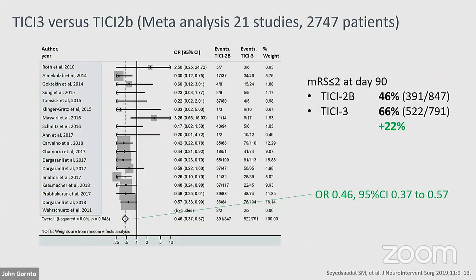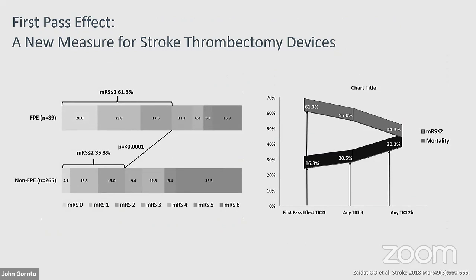So TICI 3 is the way to go, but it's not only TICI 3, and this is something we learned from Dr. Zaidat. He did the analysis of the NASA data. And what he observed is a very important thing. If the TICI 3 was achieved with the first pass,